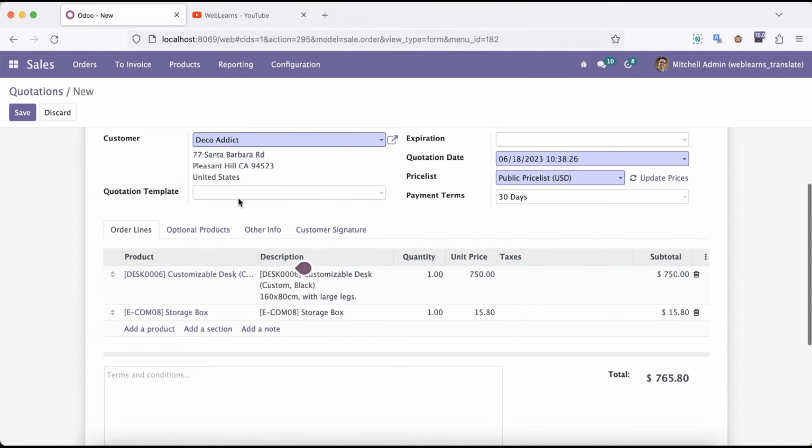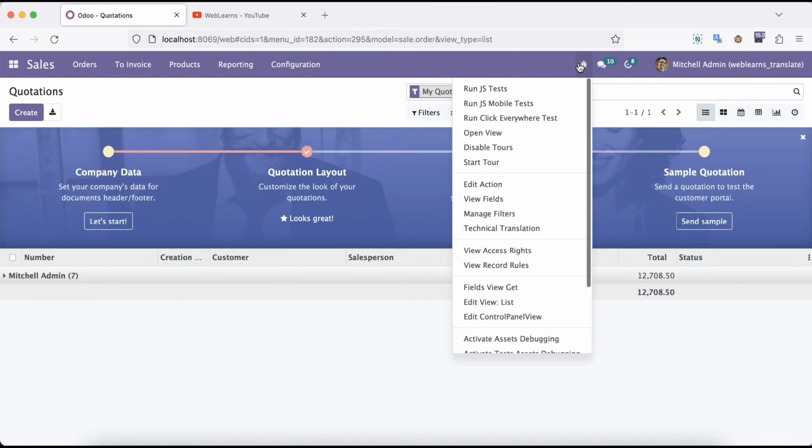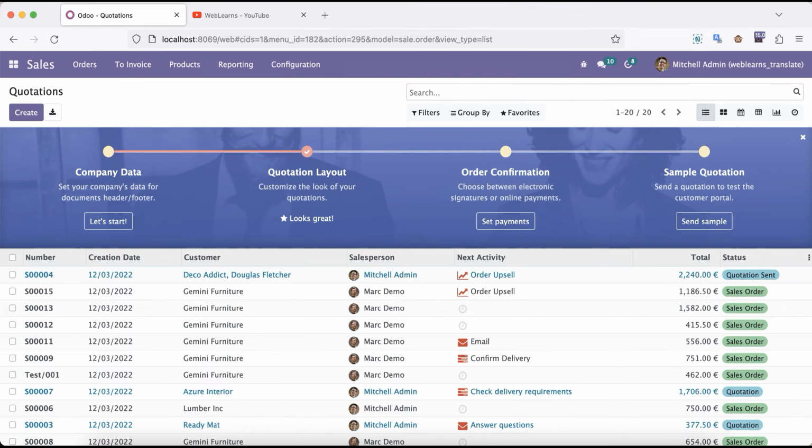So this is the description and all. So this way you can perform such operations. Let me discard this part. And here another very interesting thing is, let's say if you are a fresher, or you